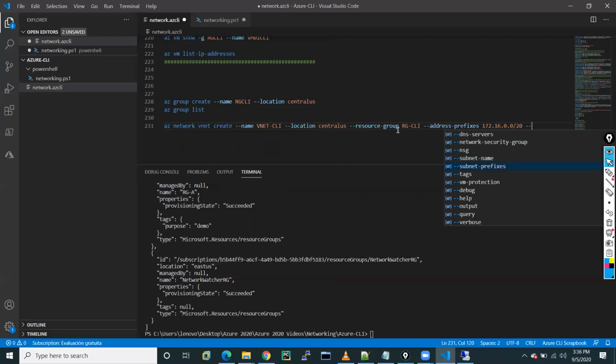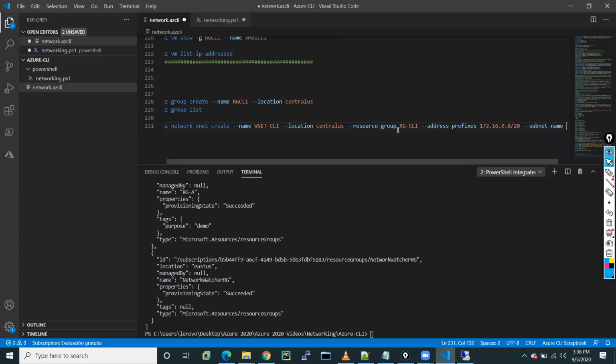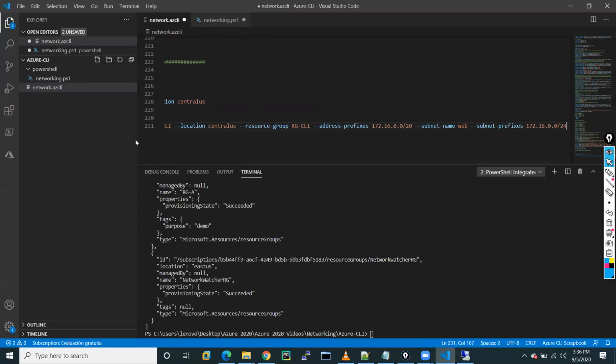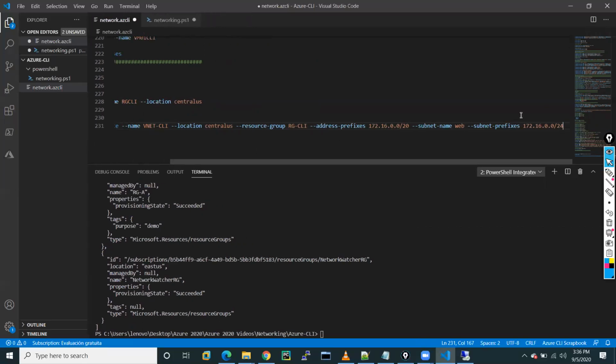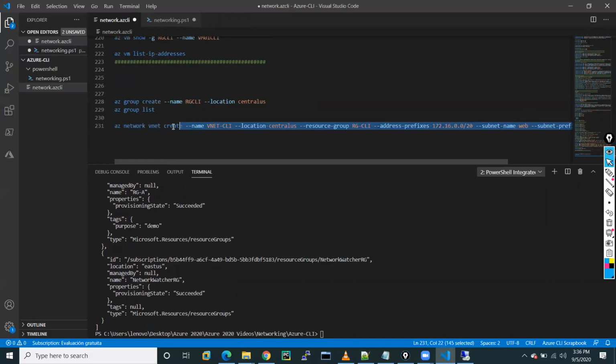Now if you want to define subnet names, like tags, these are the other options which you will get. So let me use one subnet name, web, and subnet prefix 172.16.0.0/24. Okay, this is enough. Now I will select this entire command and run it.